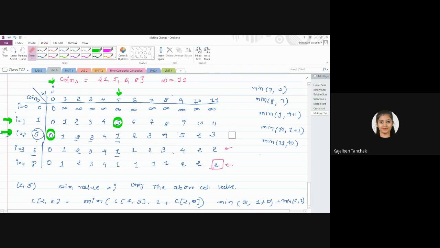So now pointer is at this 2. Now how will we get this 2? ये दो की वैल्यू कहाँ से मिली, ये रो में से मिली है. How will we find out? 11 minus 6. Go to the column number 5. Value is what? 1. Okay. If we add 1 here, 1 plus 1, value will be 2. So your pointer will move here. So this coin is selected, right?